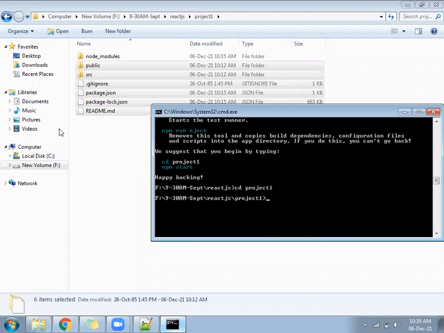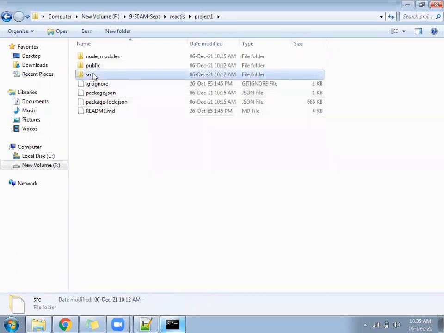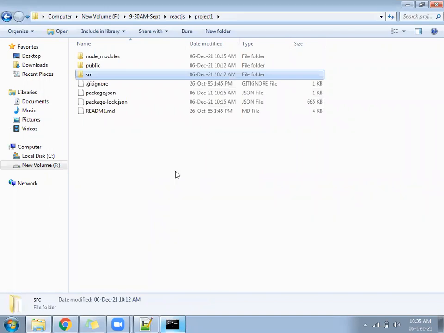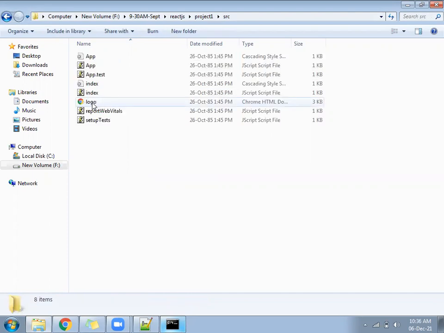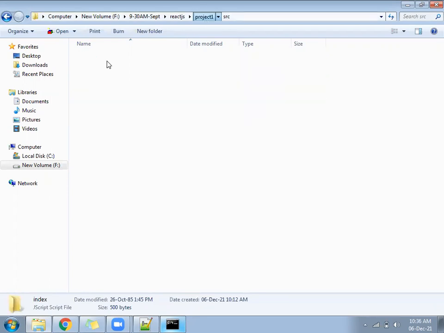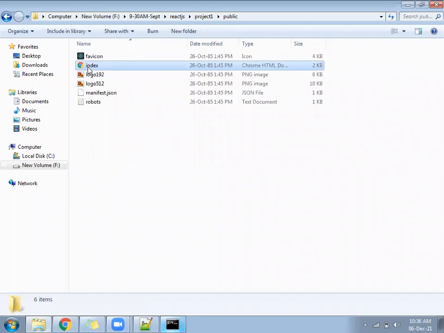Under the project1 folder now, see, your project is here. Some default page has come. We are going to understand how it has come and where it is. This project will not run directly in the browser. There is only one index file here, index.js. Even HTML is not there. HTML is available in the public folder, only one HTML file. Remaining are all JS files.